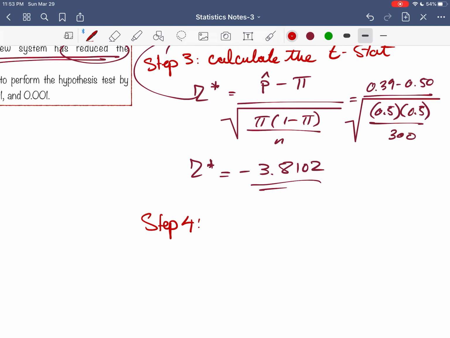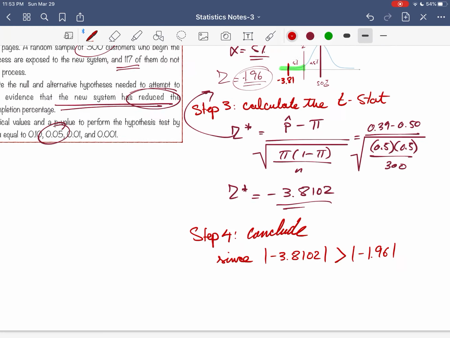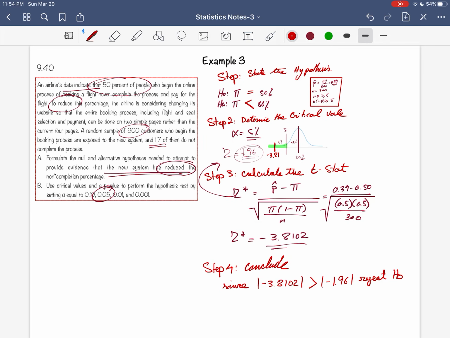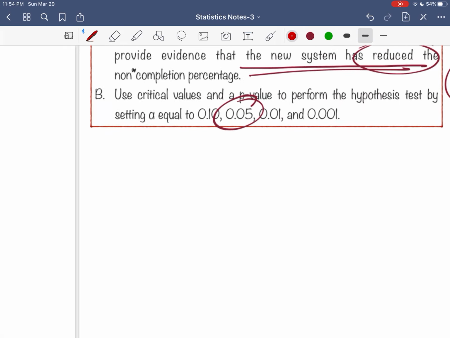Step 4, conclude. Since the absolute value of negative 3.8102 is greater than the absolute value of negative 1.96, we reject H0. So yes, there is evidence that the new process makes people actually go through with the purchase. There are less people who do not go ahead with the purchase. And finally, step 5,